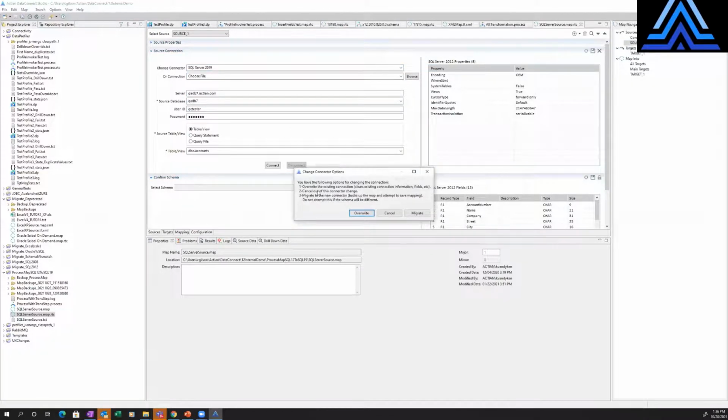And what's going to happen is I'm going to get this dialog that pops up, and it's going to give me three options. The first option, overwrite, will behave exactly as Map Designer has always behaved. It's going to clear out all the connection information and I'll lose my schema. Or I can click cancel to get out of the wizard, or I can enter into the wizard by clicking